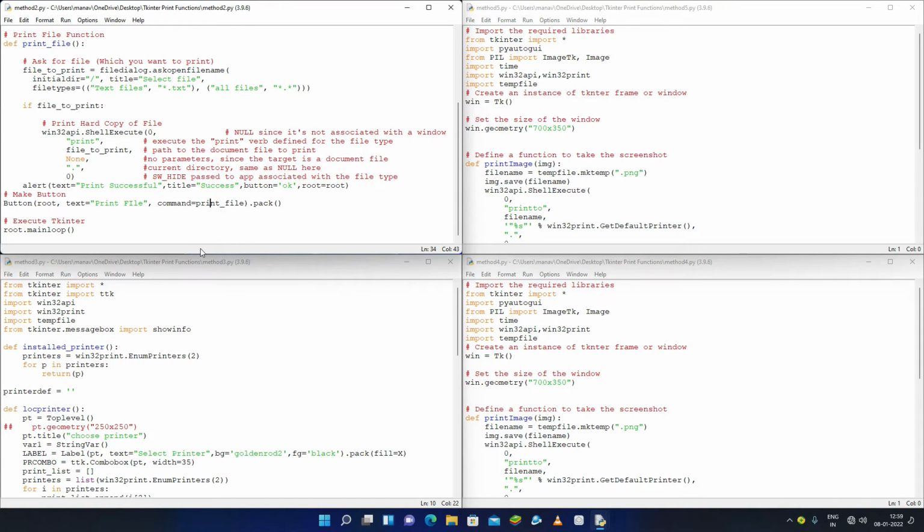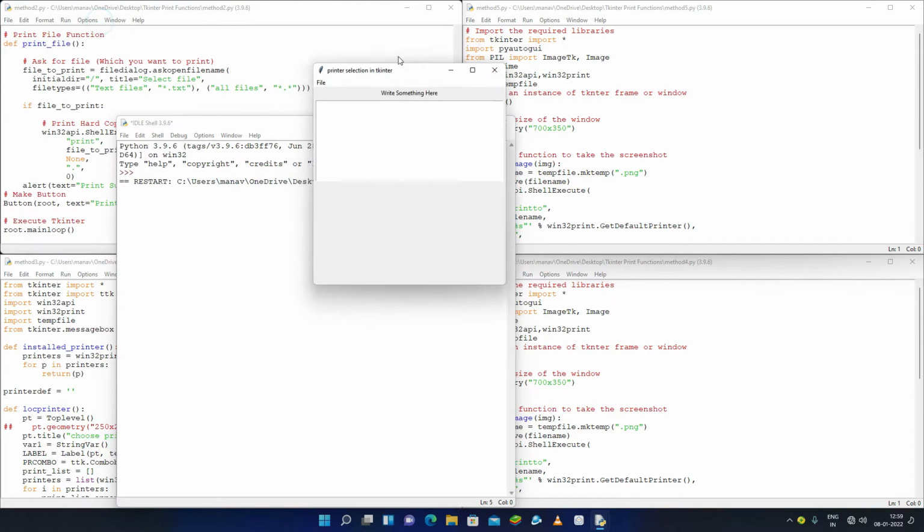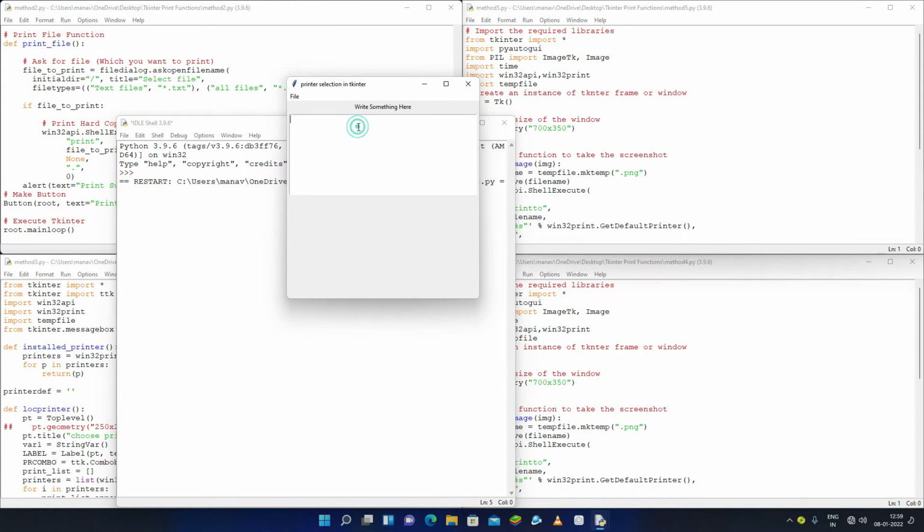So let me come to method 3. Under method 3, let me show you the GUI first, and under this GUI I am saying here, write something here. That means suppose you have an application in Tkinter and it has any text box, any line edit box or any entry box, then you want to print the data from the Tkinter application.